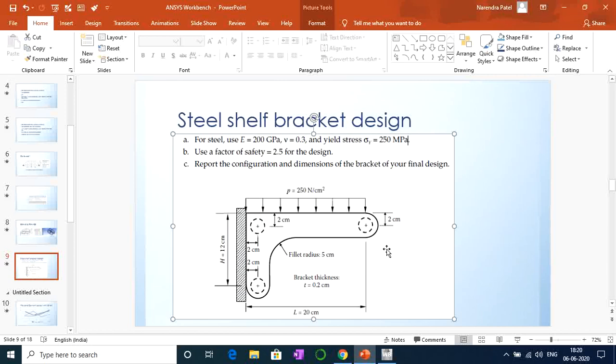So the geometry of the bracket is given here. You can see that it is a kind of an L shape where length is from this end to the circle center 20 centimeter and the height is from top line to the circle center 12 centimeter. So we'll learn how to create this geometry in SpaceClaim,